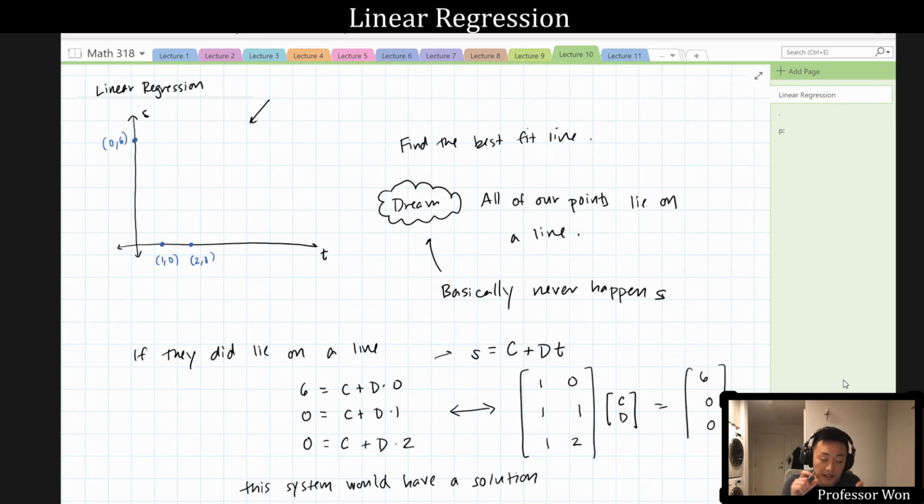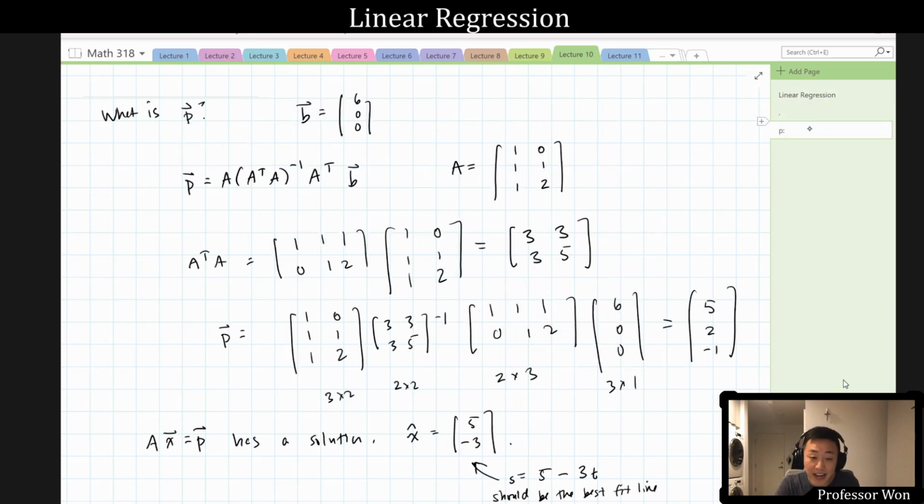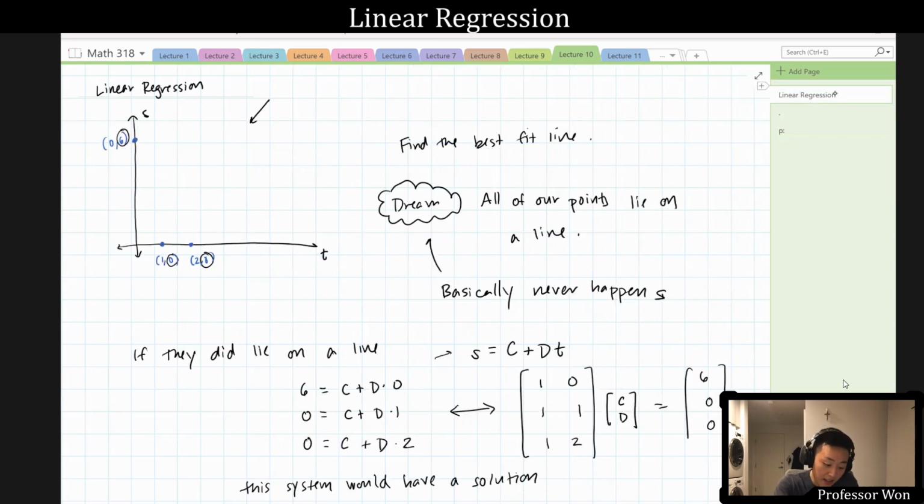If we adjust the data points, right, the 6, 0, 0, the b, came from these data points. If we adjusted them so that we actually had a consistent system, it's like we would be shifting these points up and down, right? So if we shift these points up and down until they actually lie on a line, and if we shifted them in a way to get as close as possible to the vector b, such that it would have a solution, then the line that we would get would be 5 minus 3t,